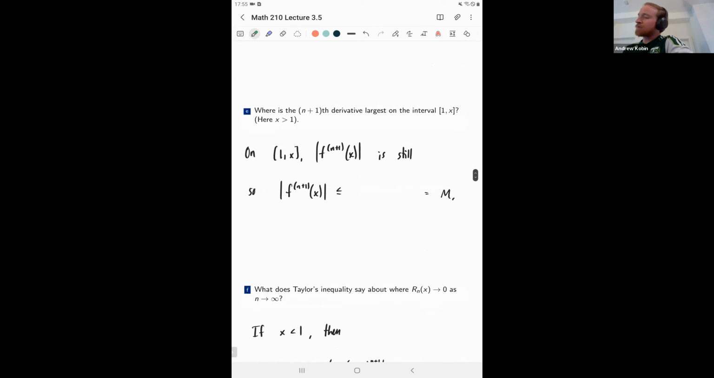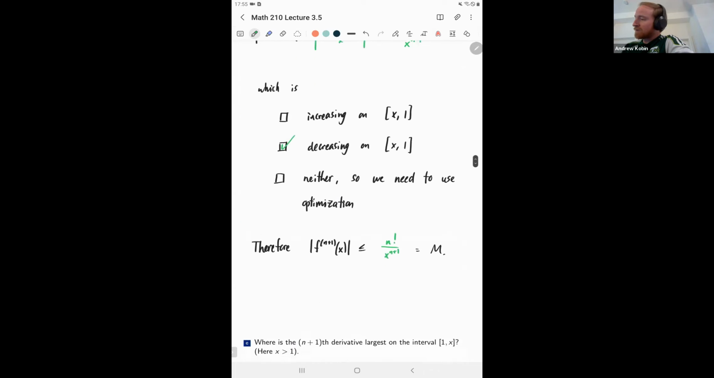What happens when we go up to intervals larger than 1? Well, if you look at our formula for the n plus first derivative, the fact that it was decreasing didn't really matter, or didn't depend on whether or not we were larger or smaller than 1. So the n plus first derivative is still decreasing. And in this case, if it's decreasing, it achieves its largest value at x equals 1, in which case we will just get,